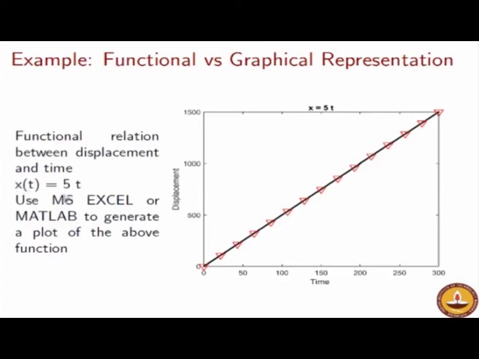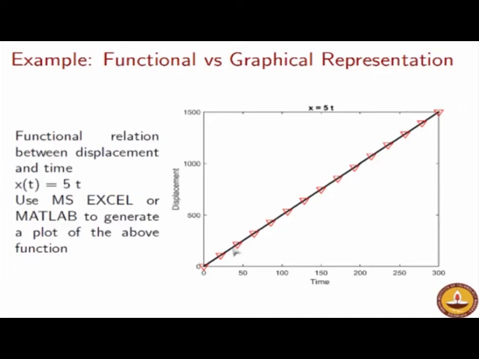So this plot conveys the same information as this formula, and even if it is difficult for you to visualize through the formula, you should readily look at this graph and say, oh, at 50 seconds the position was somewhere here, so that is 50 times 5, which is 250, right. So at 50 seconds I can readily find out the object of my interest is at 250 meters from the origin. Similarly, at 100 seconds it is 100 times 5, which is 500 meters from the origin.